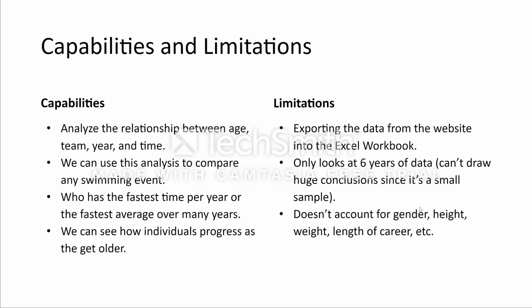So, capabilities and limitations of this project. We are able to analyze the relationship between age, team, year, and their time. That's all using our pivot table. We can use this analysis to compare any swimming event, which is great to compare breaststrokers, IMers, butterflyers, freestylers. We can also see who had the fastest time per year and how many times they were on the list for those different years. And we can see how individuals progress as they get older,